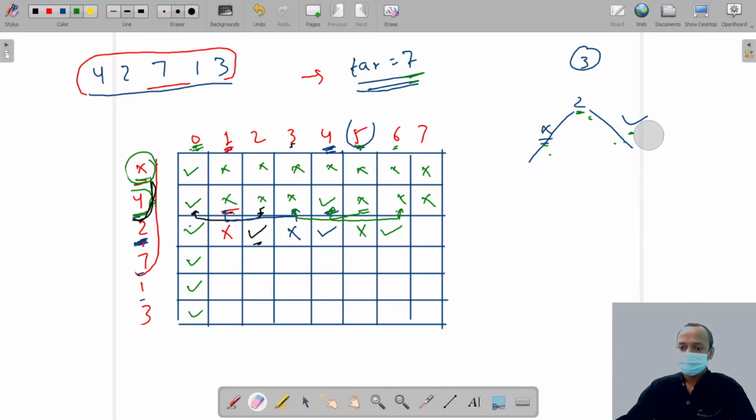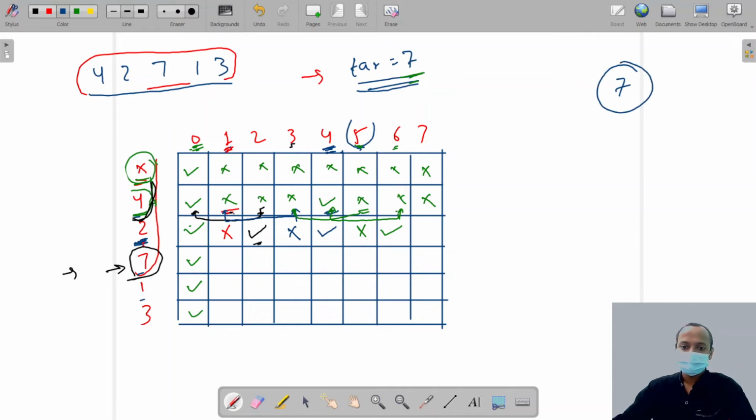Now if you see here, this player can make 7 runs. So do we have to choose this player in this range?